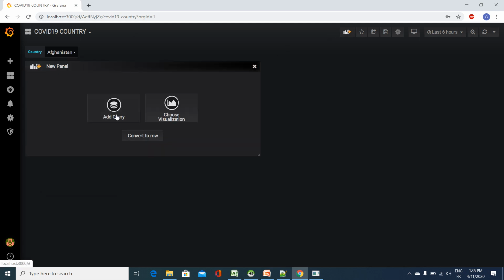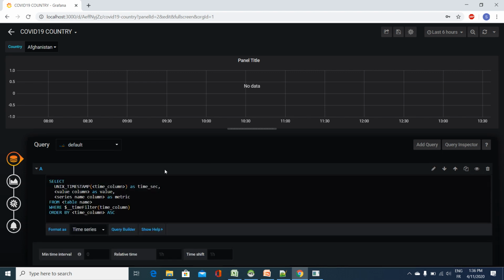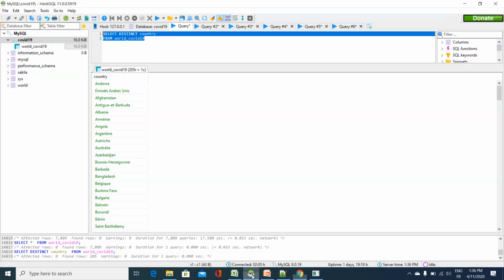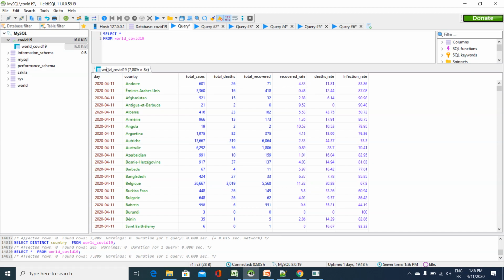Then we will add a new chart. First we have to add a query. Here is an example of how to create a query using commands. I will use the text mode. Here is the syntax used by Grafana. I just have to change the time column to my time column, which is day, then this day